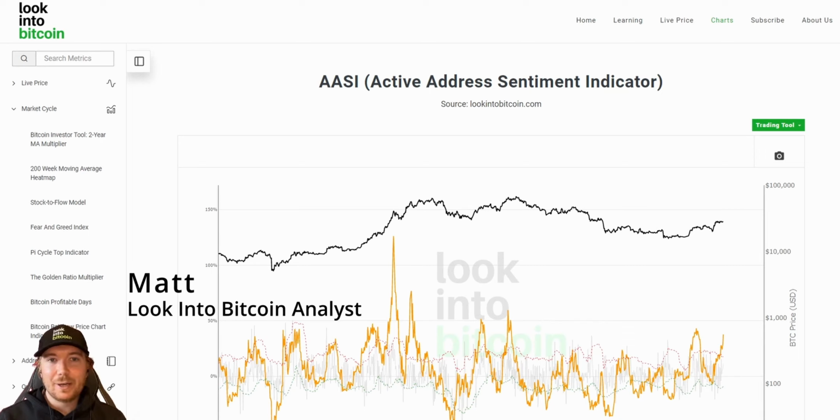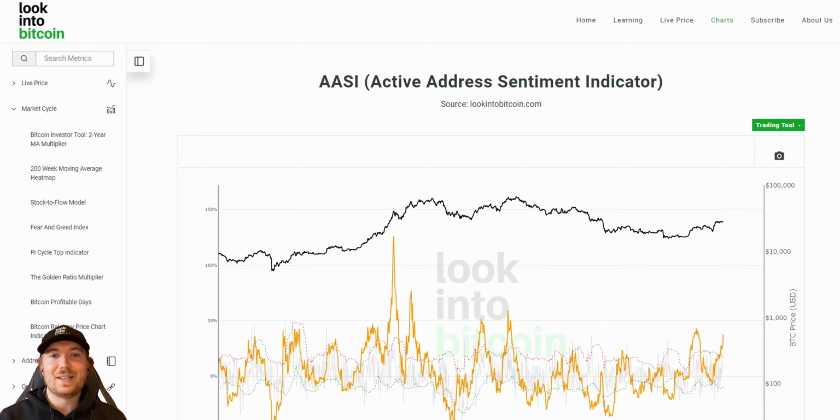And today we're going to be going over a profitable Bitcoin strategy you can start using today. To do this, we'll be using a number of resources that are all freely available on lookintobitcoin.com, your number one